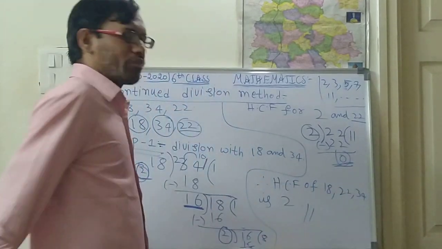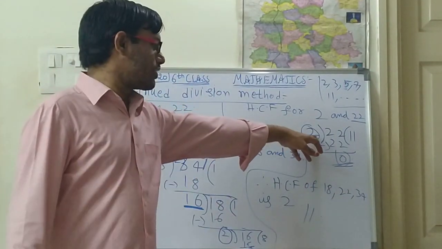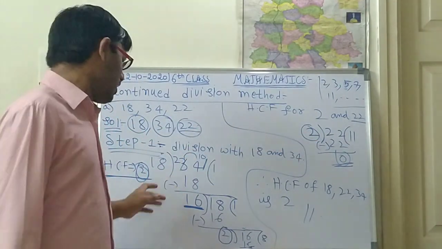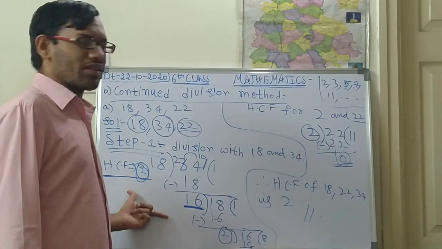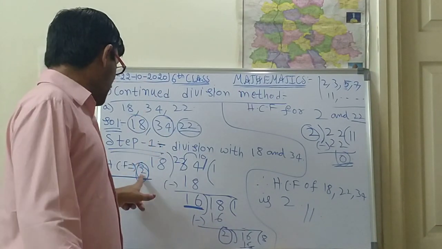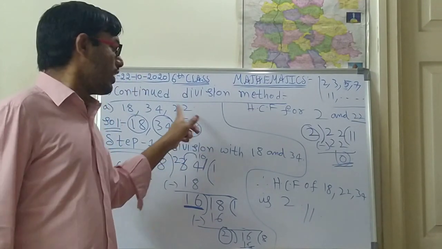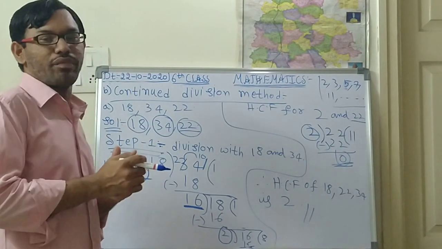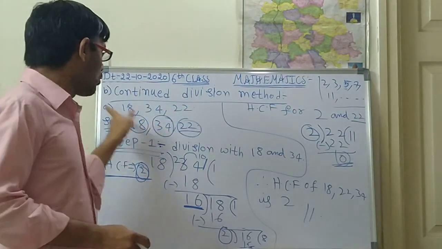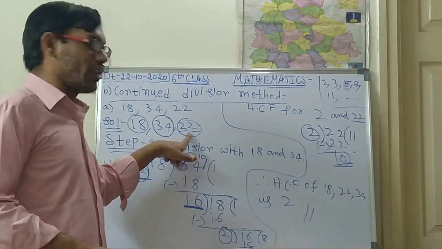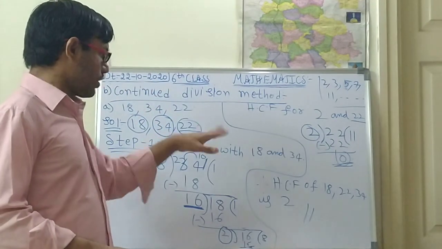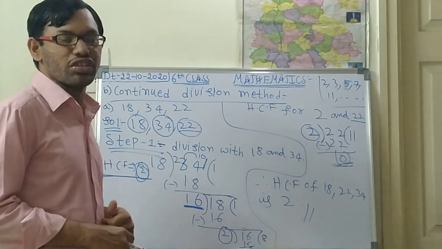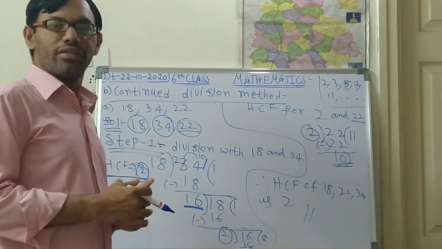So like this you are supposed to write down. Finally we got the HCF as 2. Sir, both the answers came out the same, no? So why can't we stop here? Sometimes the result of this HCF and that HCF might give another HCF, another divisor may come. That's why you are supposed to do it for all the numbers and not leave out any number. I think you have understood this concept also. Please pause the play and note down this, so that it will be easy for you to understand.